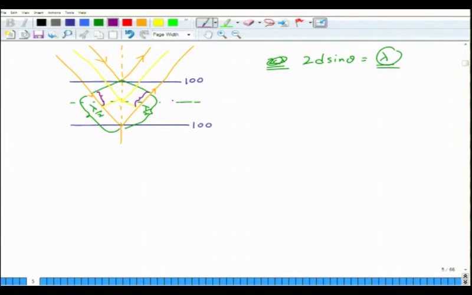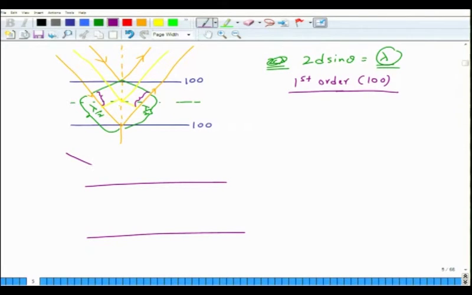It is destructive interference. So, which means for a first order 100, there could be no second order 200, or there could be no 200 reflection, because the 200 plane does not diffract at that position. For that to occur, the beam has to bend, okay, it has to change the angle in such a manner so that the path difference changes. So now when the path difference has changed, let us say the beam has bent in this fashion now, so that